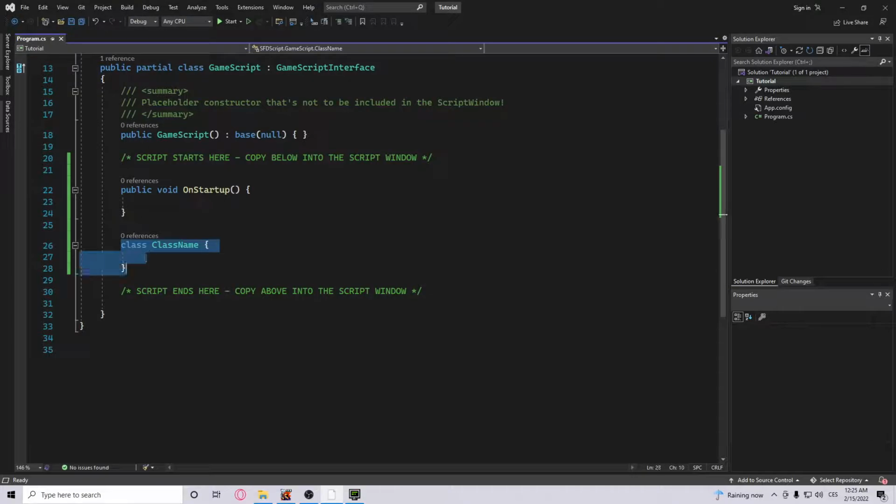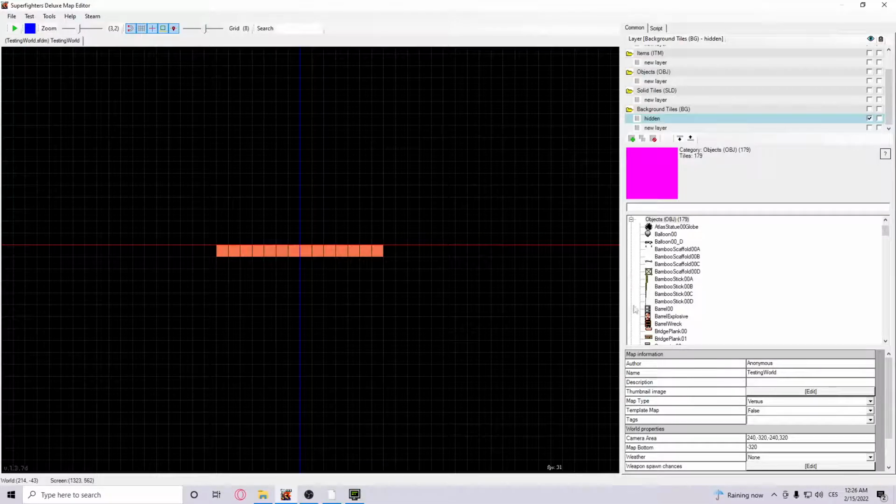Classes are quite important to understand if you're making something advanced, so yeah, let's make a class and I will explain everything as we go along. To make a class you need to type class and then the class name. The class name can be anything you want. It should describe what the class will be doing, and I will be doing some jumping crates